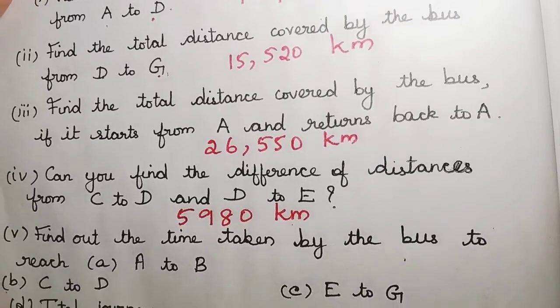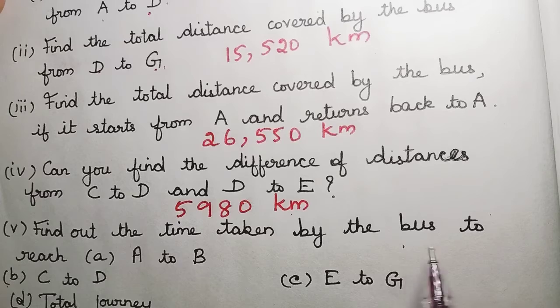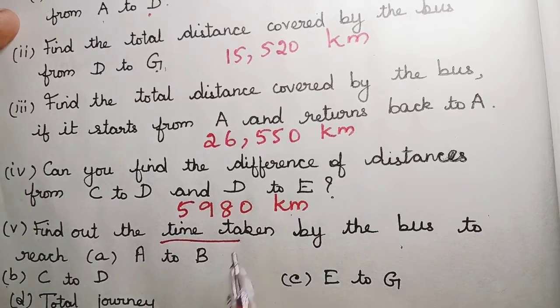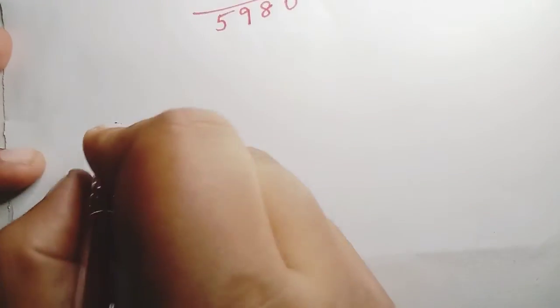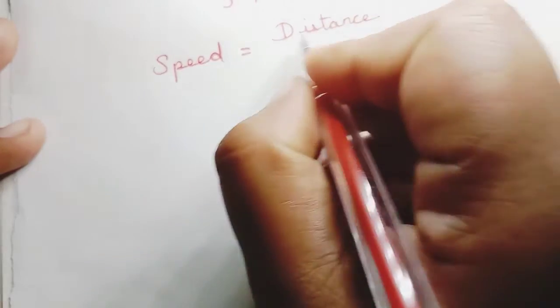We will move to the next question. You are asked to find out the time taken by the bus to reach particular distances. Many subheadings are given and you are asked to find out the time. Okay, so do you know the formula for time? You know, right? Speed equal to distance divided by time,